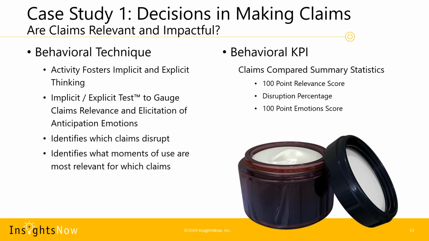So this is a product claim that would be put on the product, and the goal of this claim would be to foster the belief that this product is going to work in the situation I need it to. So one of the ways that we can do this from an emotion standpoint is that we can identify which of the claims are going to be most relevant to people, as well as which claim could disrupt the market versus which claim could nudge existing behavior. And those things we can get at through an emotions score. So we're going to look at how